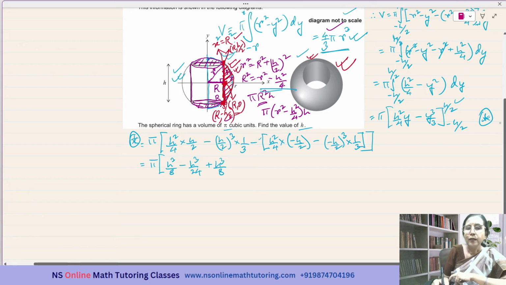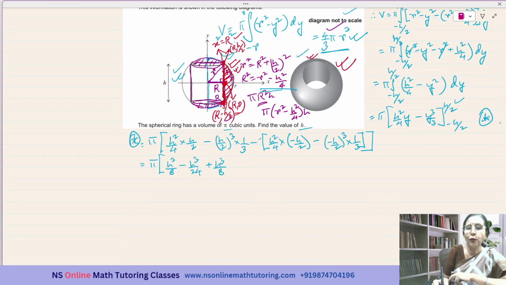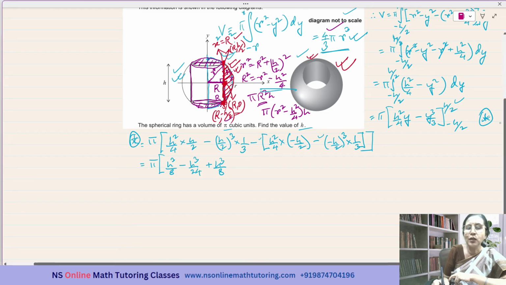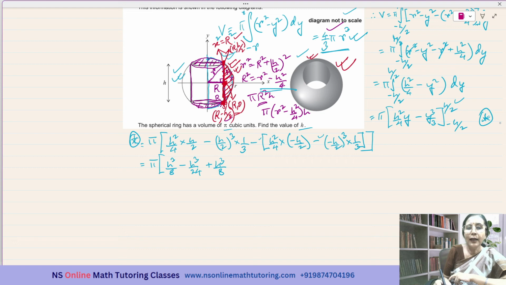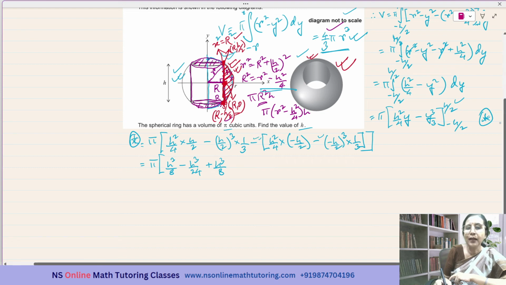And then this one is negative h whole cube, which is negative h cube over 8 times 3, negative h cube over 24, and there is this minus sign, so it is positive h cube over 24, and again there is this minus sign, so ultimately we are getting minus h cube over 24. Okay,